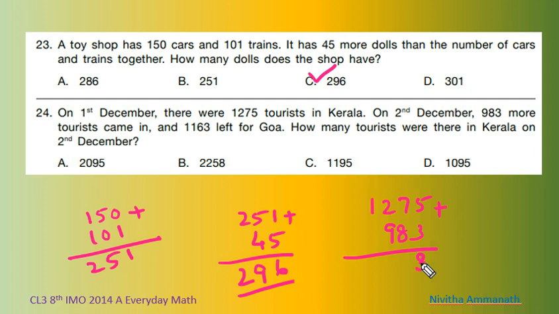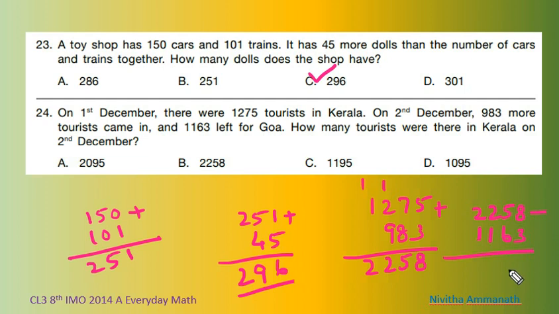5 plus 3, 8. 8 plus 7, 15. 5, 1 carry over. 9 plus 1, 10. 10 plus 2, 12. 1 carry over, 2. 2258. But 1163 left for Goa. So 2258 minus